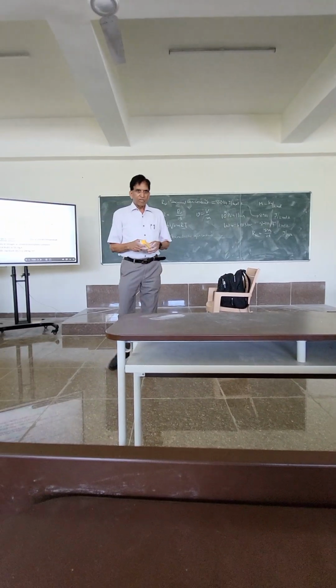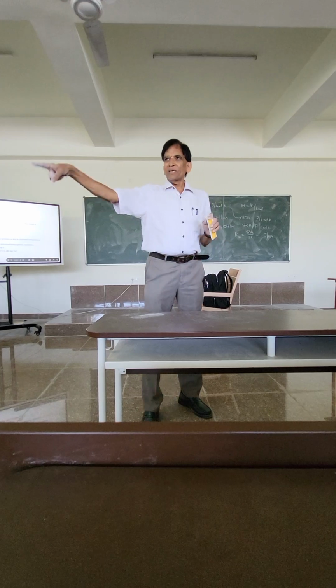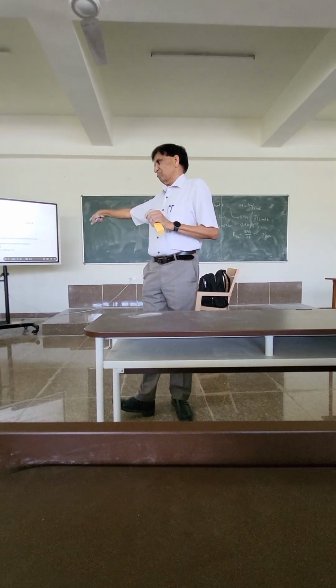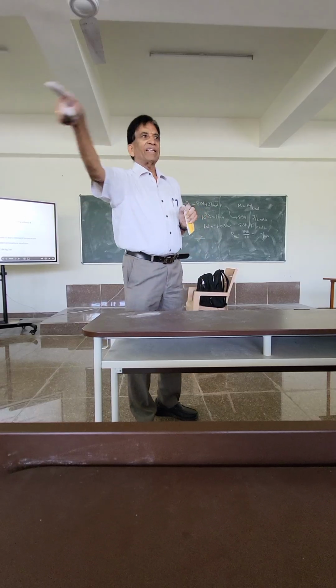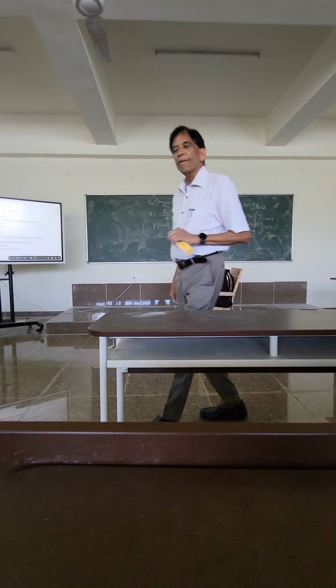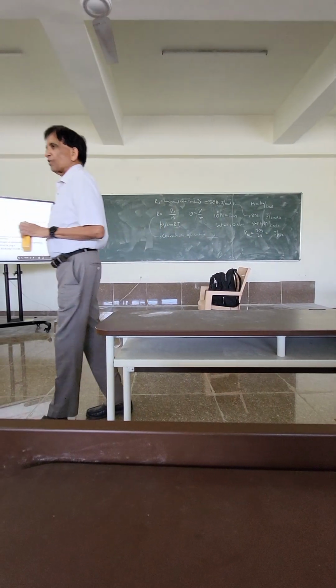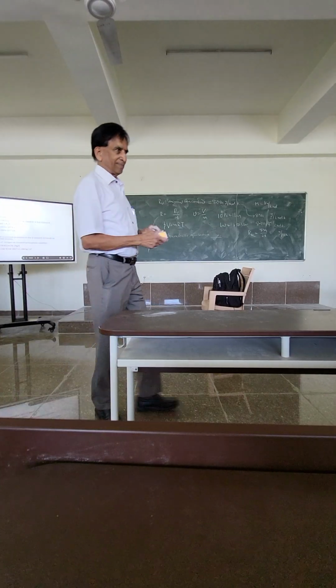So when you calculate how much air is in that room, let me give you the dimensions of the room. This is roughly 15 meters by 10 meters by 4 meters. What is the volume of the room? 15 times 10 times 4. 10 times 15 is 150, times 4. That's 600 meter cube. Okay? The density of air is 1.2 kilograms per meter cube. So how many kilograms of air is there?